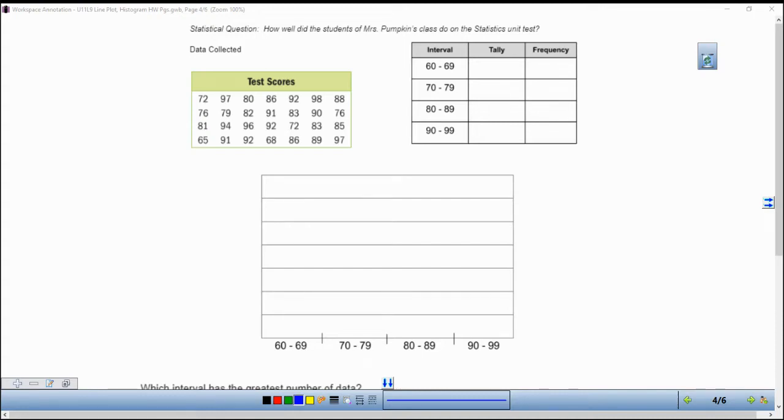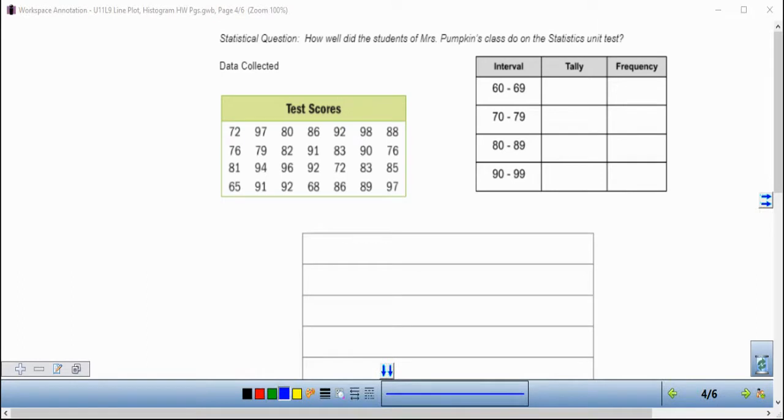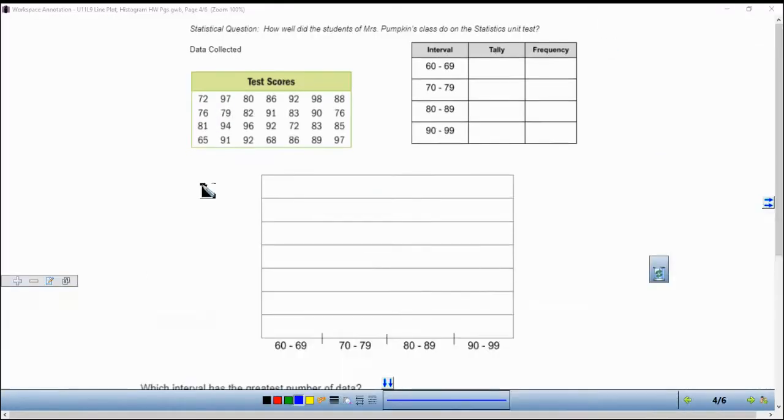All right, gang. We're going to be talking about histograms, and we're going to be on page 26 or thereabouts, 26. So I'm just going to jot that down here, just for your own reference. Page